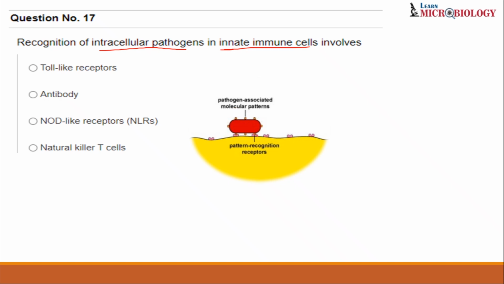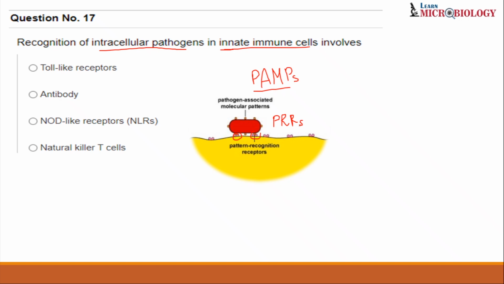Now, since it is an innate immune cell, it is not able to specifically identify the pathogen, but it is going to identify certain pathogen associated molecular patterns, which you might have studied as PAMPs, that is pathogen associated molecular patterns, which are present on the surface of your invading foreign bacterium. It can be LPS, flagella, or any particular protein. And to recognize these PAMPs, these innate immune cells have certain receptors, called pattern recognition receptors, or PRRs.